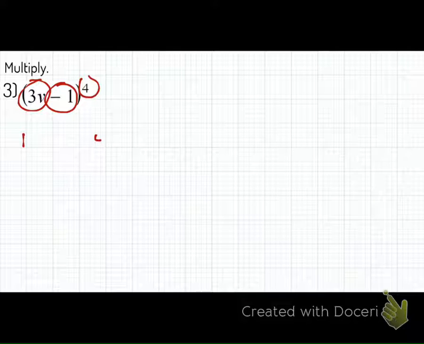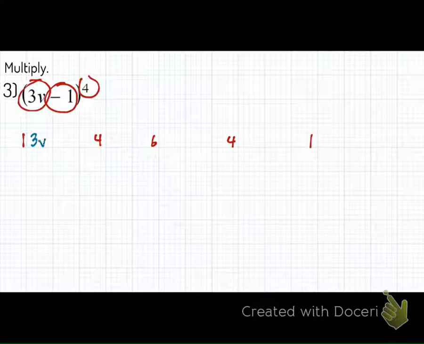1, 4, 6, 4, and 1. Kind of spread out. Okay. Next thing. We got 3v, so let's write this down. We're going to start with our 3v. Now, notice that I'm putting 3v into its own parentheses because I want to make sure I have each of